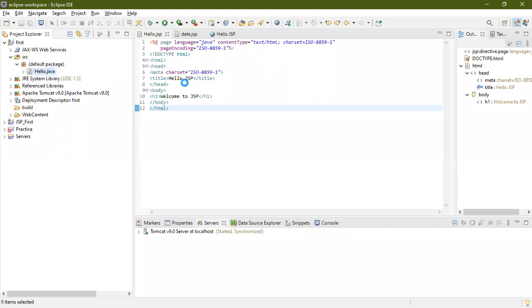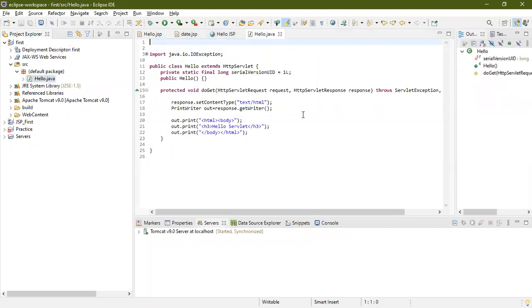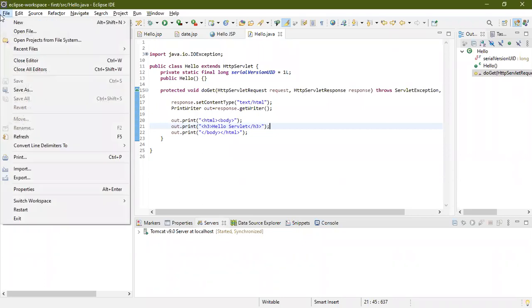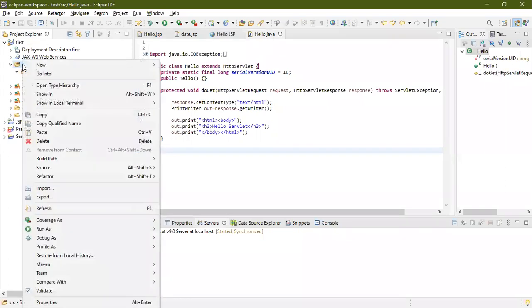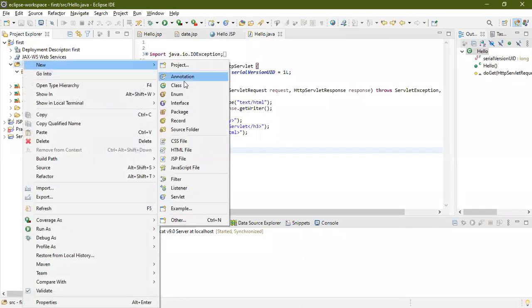This is your simple servlet program. It is very easy, no need to follow the traditional approach. Whenever you want to create one, go to File and create it. I will tell you the procedure. If you want to create another program, go to New, and then create a Java servlet file.